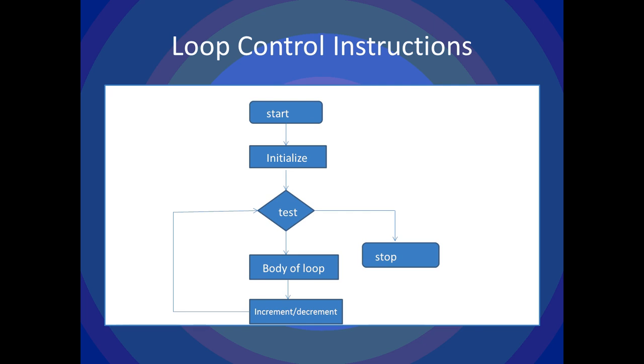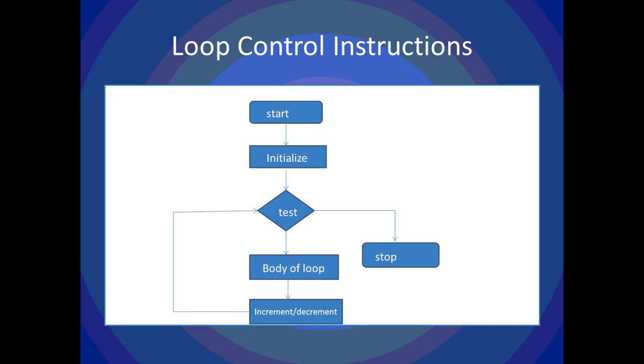But if the condition is true, then in true case it would go toward body of the loop and increment and decrement. तो यहाँ पे मैं बार बार ये क्लियर कर रहा हूँ कि ट्रू होने की सूरत में बॉडी ऑफ द लूप, इंक्रीमेंट और डिक्रीमेंट, अगेन टेस्ट कंडीशन। तो जब तक ये ट्रू रहेगा तो साइकिल जो है वो टेस्ट, बॉडी ऑफ द लूप, इंक्रीमेंट और डिक्रीमेंट कंडीशंस में चलता रहेगा। लेकिन जब टेस्ट कंडीशन फॉल्स हो जाएगी तो फॉल्स होने की सूरत में कंट्रोल जो है वो लूप की बॉडी से बाहर स्टॉप की तरफ चला जाएगा, और अगर आपका कंडीशन फर्स्ट टाइम ही फॉल्स हो जाती है तो फिर कंट्रोल बॉडी ऑफ द लूप में एंटर नहीं होगा, स्टॉप हो जाएगा।